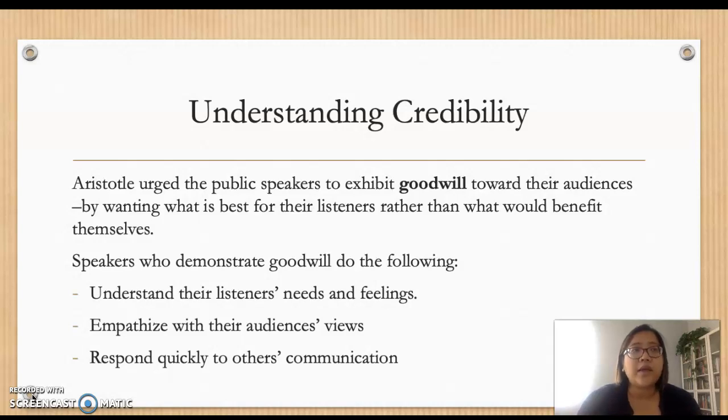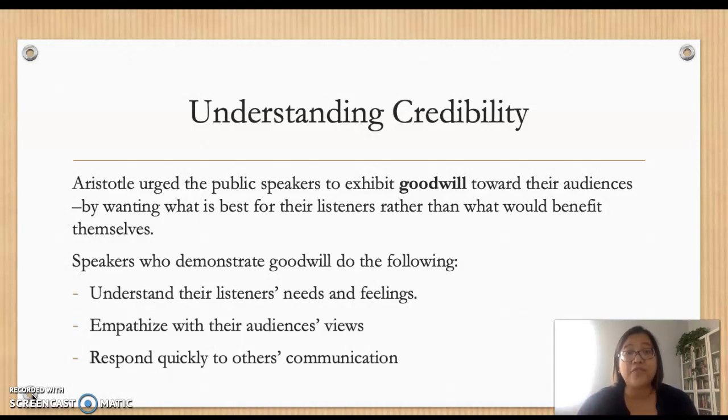For instance, caring about the environmental issue is not only going to benefit yourself, but also going to benefit your audience and the future generation. Or caring about, what else? What are the other issues? Caring about immigration issues, for instance, is not going to be beneficial only for you who may be personally affected by that, but is also going to affect the whole society in general. And you need to be able to show that you're not thinking of yourself,